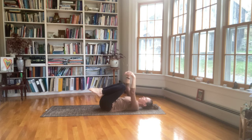Then we're going to float the arms up into vertical, relax the shoulders. So we're going to start in this flattened back position and then make a circle on the ceiling with the knees. If you like, you can go all the way out to neutral. But if you want to keep the circle small and continue to work on the flat back, you could stay